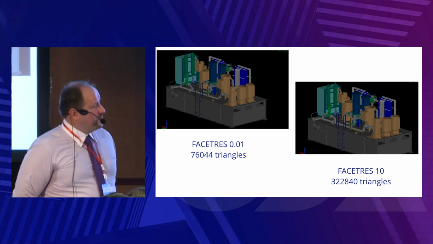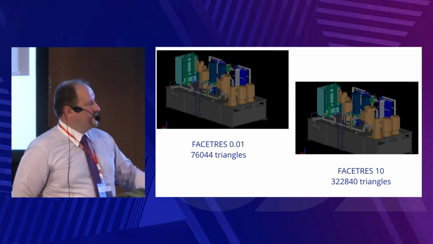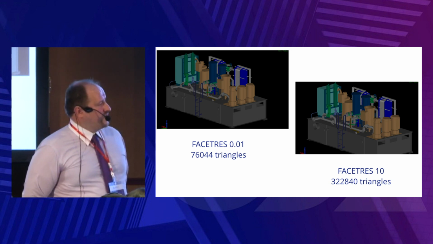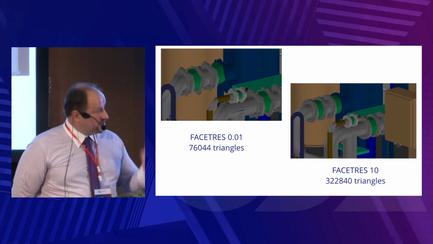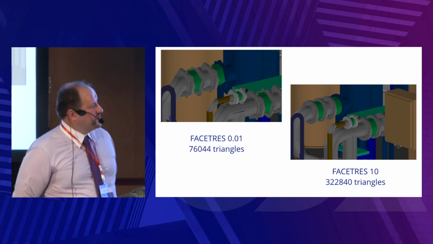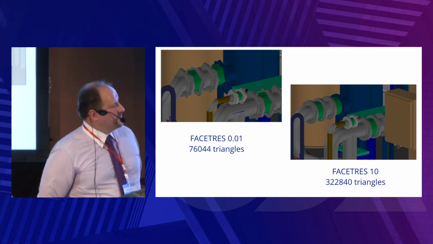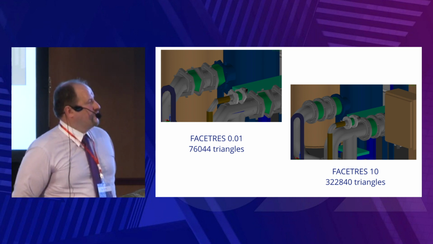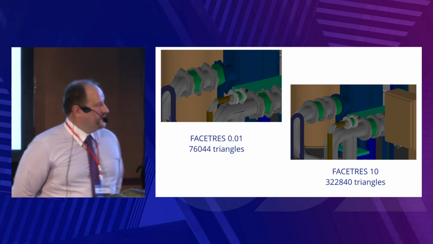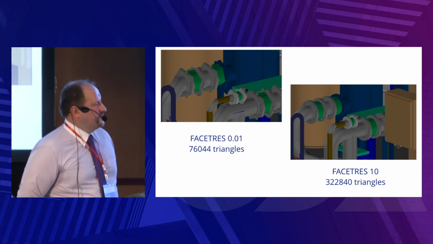It is possible, for example, in these two images, where the pictures are practically identical, but the number of triangles differs by practically 5 times. But on the next picture, we can see the price for this situation, because when we zoom in to the model, all the parts in the case of fewer triangles are too rough. But it is possible to regenerate this data, and it will again be smooth enough.